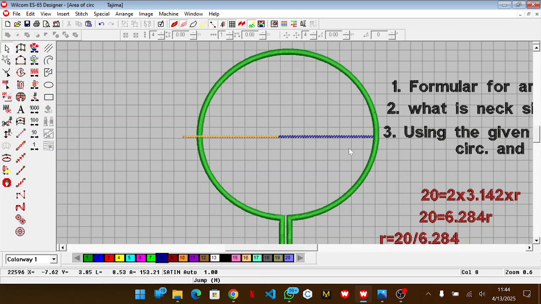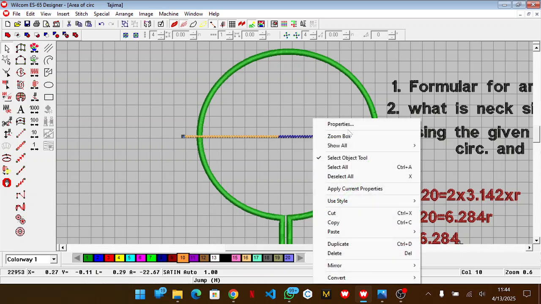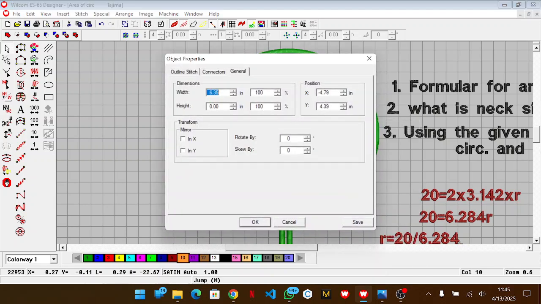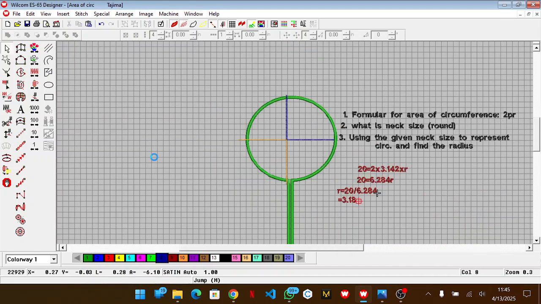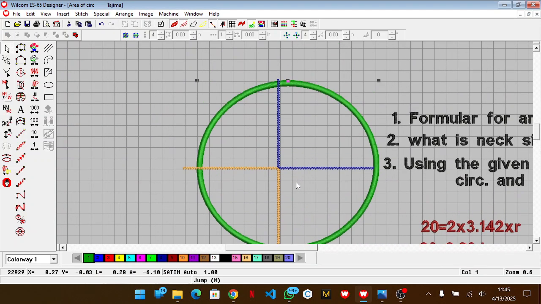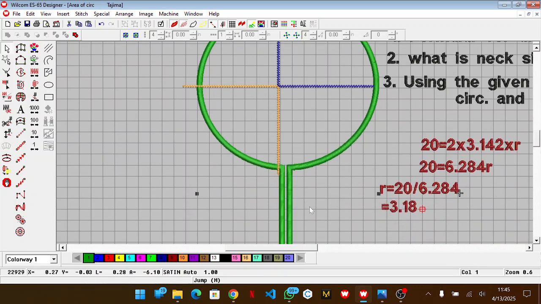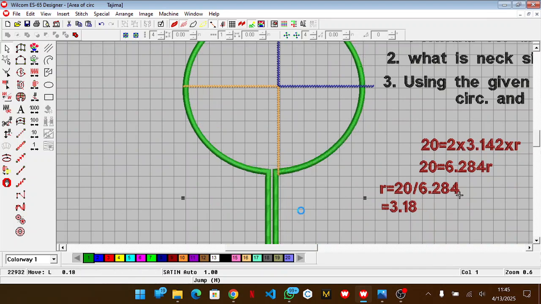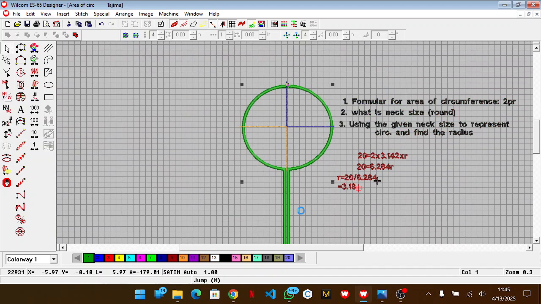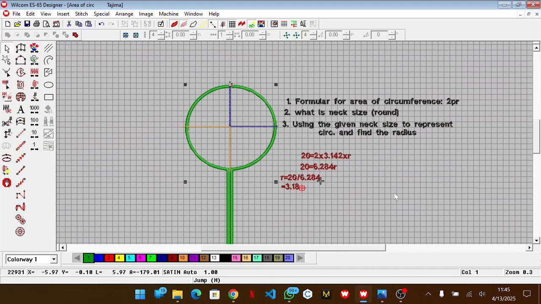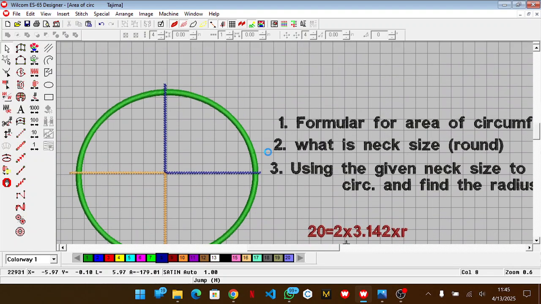So the next thing is to duplicate the two, control D to duplicate, right click, properties, and rotate it by 90, so it will automatically pass through the center, right? So from here we can adjust this neck size to match this. So I'll first of all bring it so that it will be aligned to the center like so. Bring a little bit more. Okay, I just hope all these things are recording because it mustn't go wrong. So